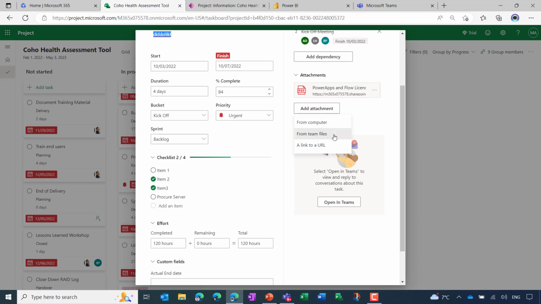You can link to a Teams file. You can even link to an external URL. There's also a conversation panel. This only really comes to life when we look at this via Microsoft Teams, but it's really good because you can have conversations going on around your tasks. You can even mention and add people to the conversation and even assign them additional items to work on, which